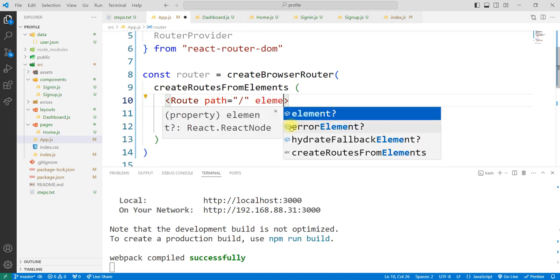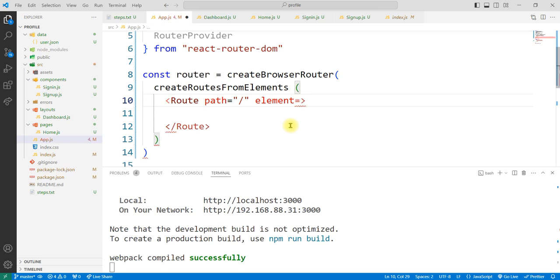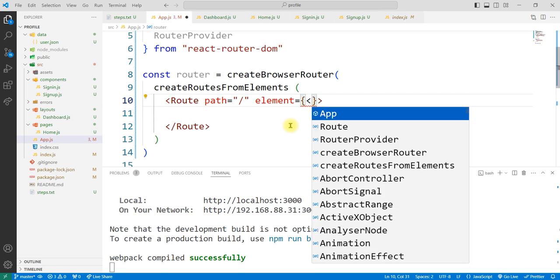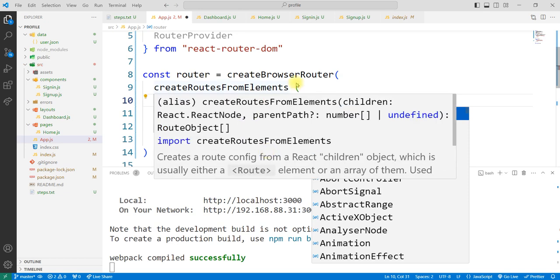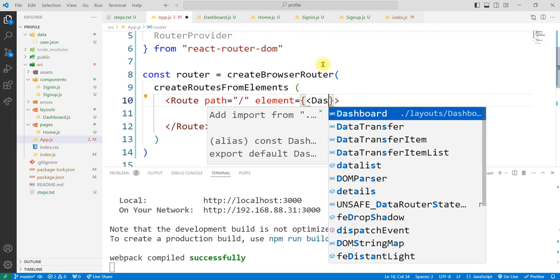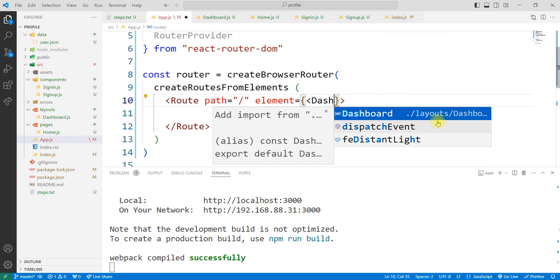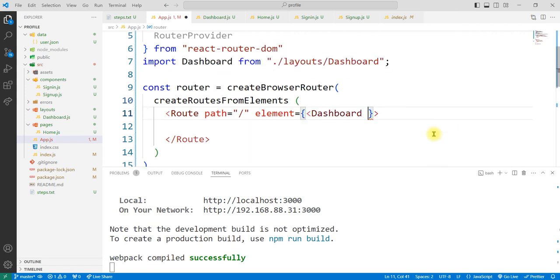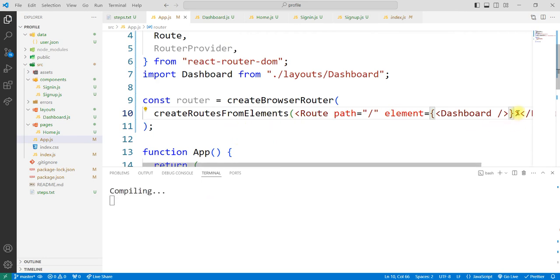So we'll say the element we want it to load would be a component, because we are loading it from an element, so we are loading a component. So that's going to be the dashboard, and you can see it will have to also import that. So I will import that here. So this becomes our main